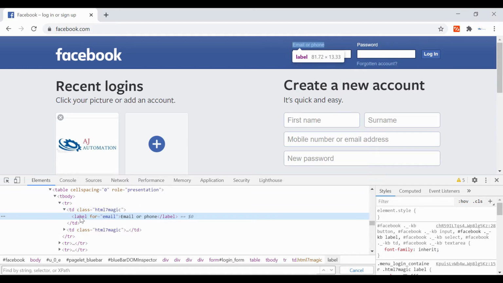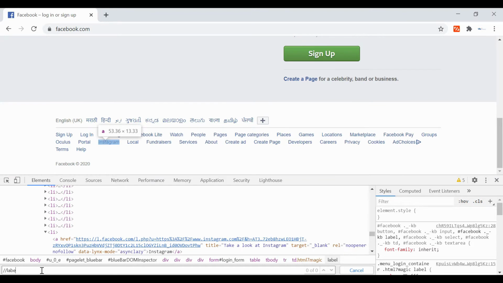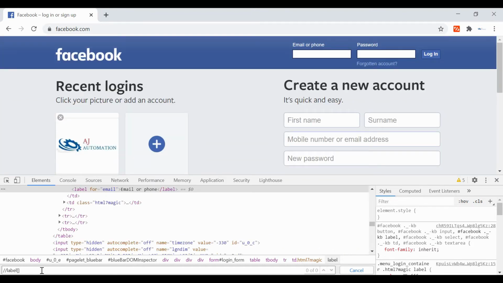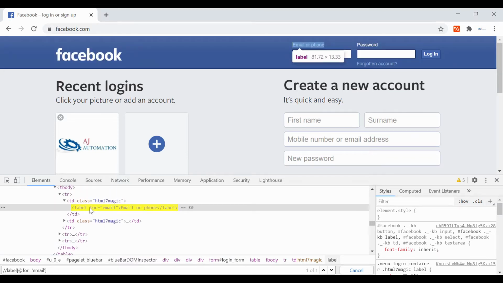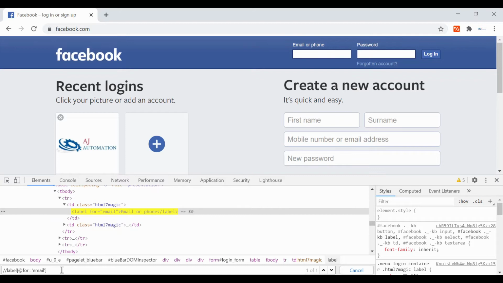Let us first create a relative XPath for this label node. So it can be label, with the attribute for equal to the value email. Now we are here. Now if you use slash dot dot, do you see that it went to the TD?